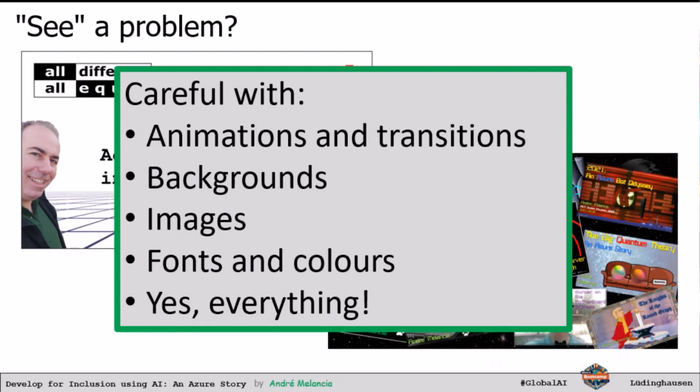Same thing if you are developing for mobile. If you are developing for mobile, you have a very big problem. Mobile is usually asynchronous. So when you click on something, a lot of other things might pop up around it, okay? And it becomes difficult because sometimes I just want to click here, but suddenly there's a pop-up somewhere else that forces you to do some other task first. That is very annoying. If you have someone with any kind of limitation, let's say a motor limitation, like difficulty using their hands, that becomes very, very difficult to use, okay?